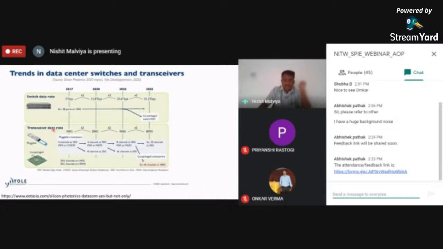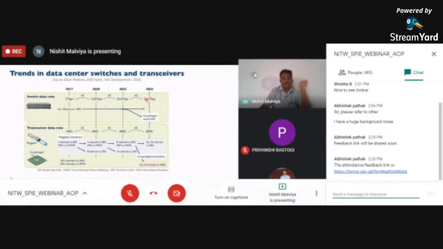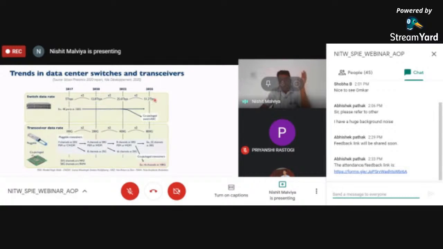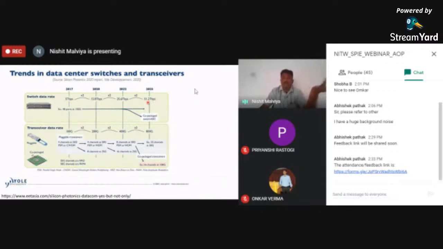Because in 2017, when we talked about the data rate required for our data centers, it was 5 Tbps, terabit per second. But the forecast is saying it will be 51 terabits. Maybe it will be even larger, because life in the world is changing, and nowadays everything is going on at the virtual level. So maybe that rate will be higher. This motivates companies to invest their money in silicon photonics for the future market.